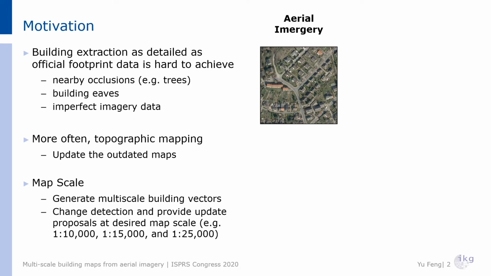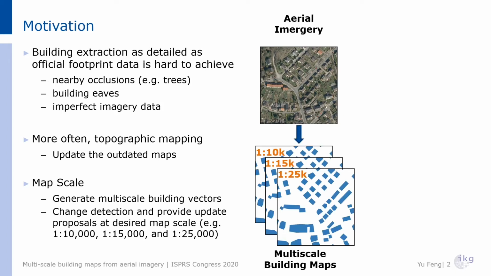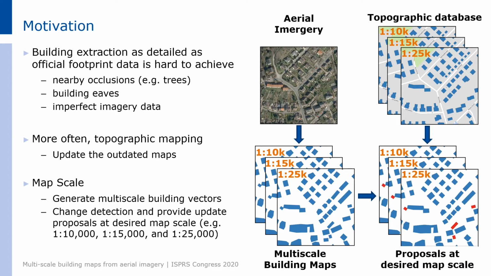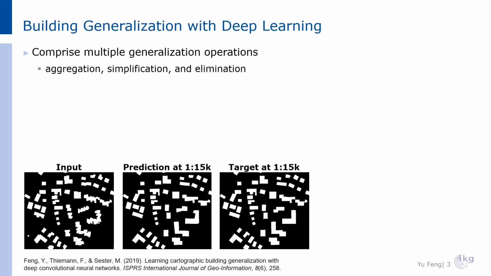In this work, we present a pipeline to generate multi-scale building maps from aerial imagery, and then we compare with existing data in the topographic database and directly provide the update proposal for the unmapped buildings at a desired map scale. In our recent study, we used the convolutional neural network to learn the building map generalization from existing map